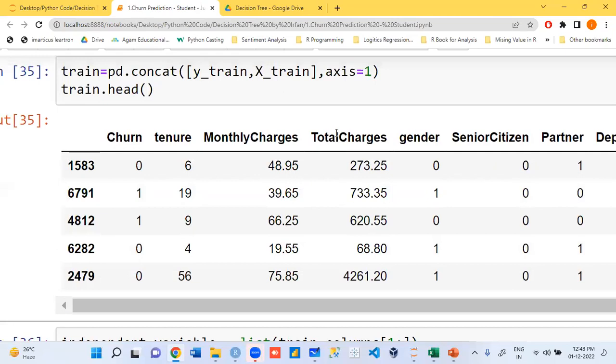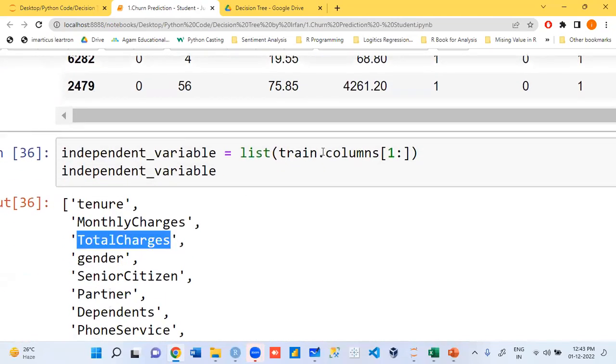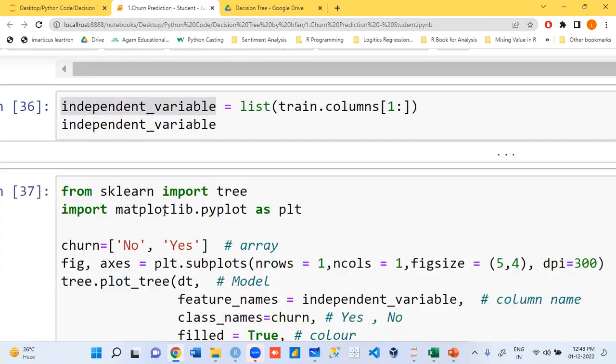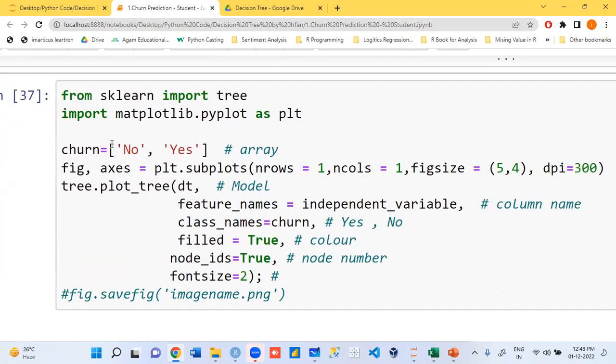Third column name, total charges. Can I say this code will give you all the column names? Can we convert it to which format? Is this clear, guys? Assigning it to which variable? Independent variable. We created a variable where all the column names are there. Is this clear? In churn we have two things, yes or no. Yes means he left, no means still a customer.